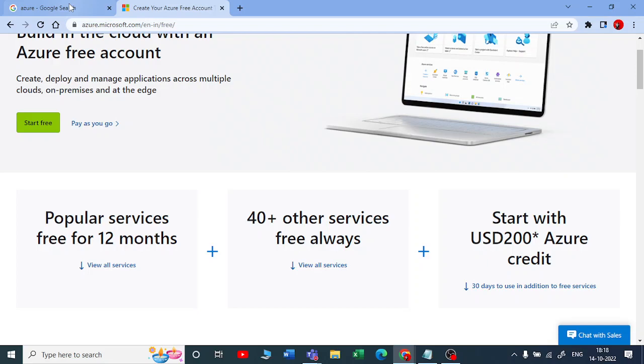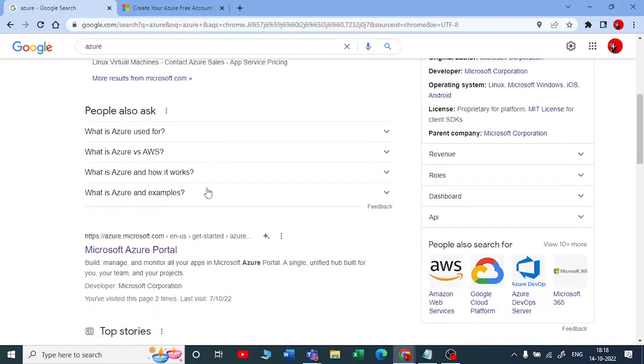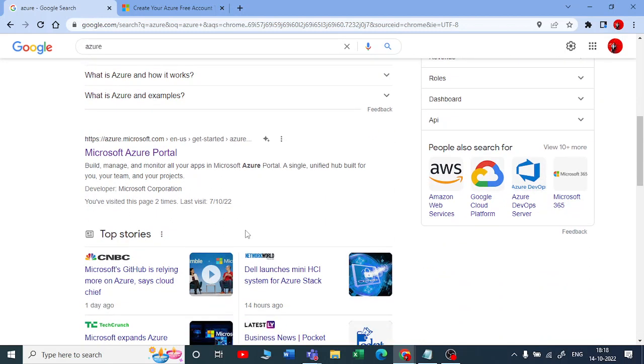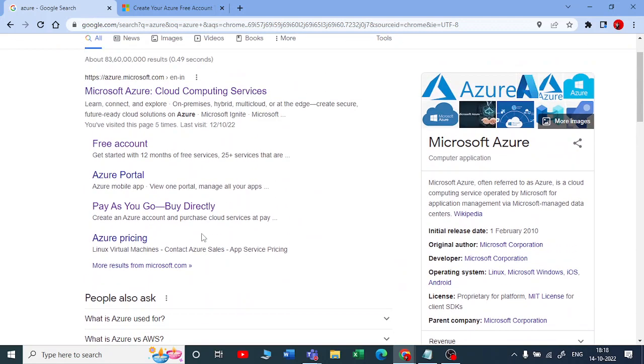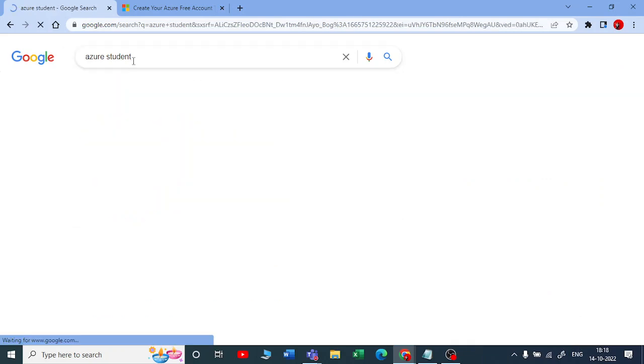And the second way to set up an account is with your student account. So if you have a student ID, like any college ID, for example, at the rate college.com, you can set up your student account easily. The student account comes with $100 free credits.